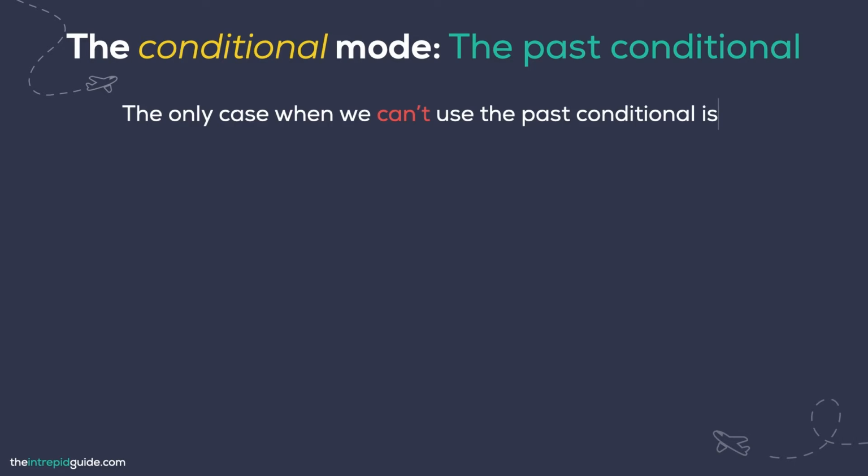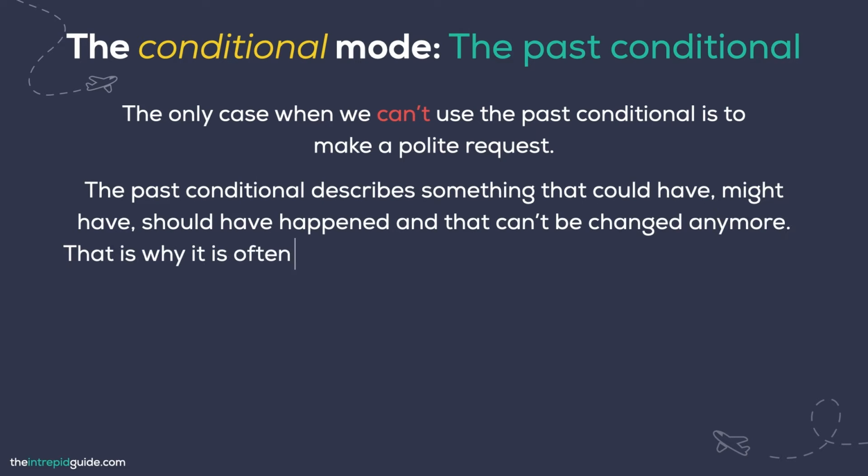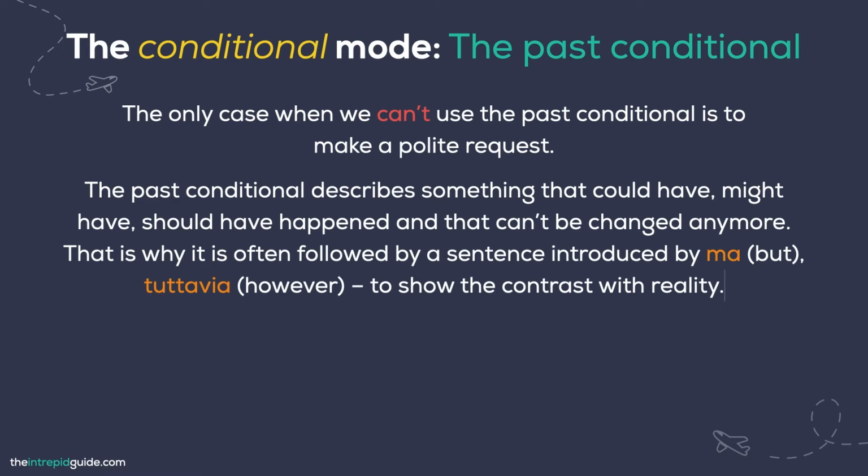Then we have the past conditional. Similar to the present conditional, the past conditional expresses desire, wish, or possibility, but in the past. The only case when we can't use the past conditional is to make a polite request. The past conditional describes something that could have, might have, should have happened, and that can't be changed anymore. That is why it is often followed by a sentence introduced by ma, but, tuttavia, however, to show the contrast with